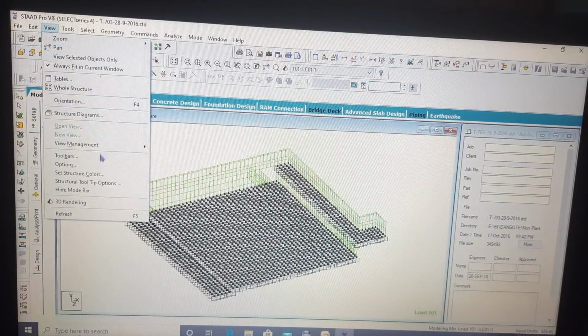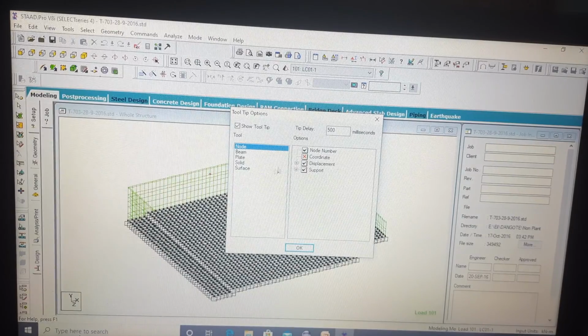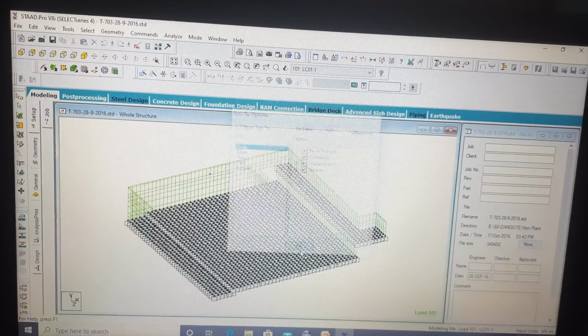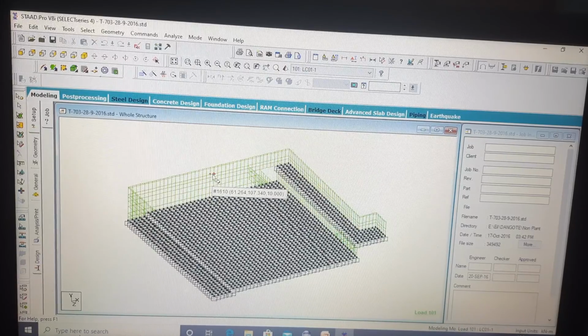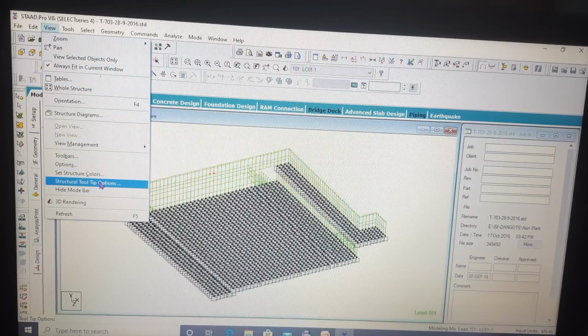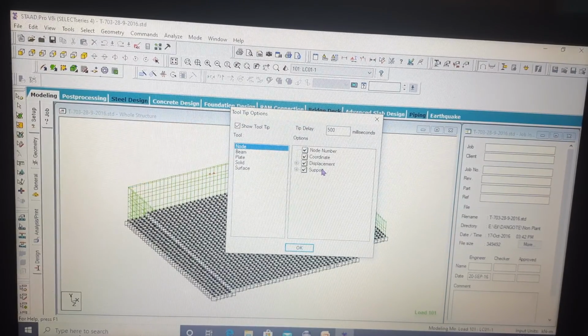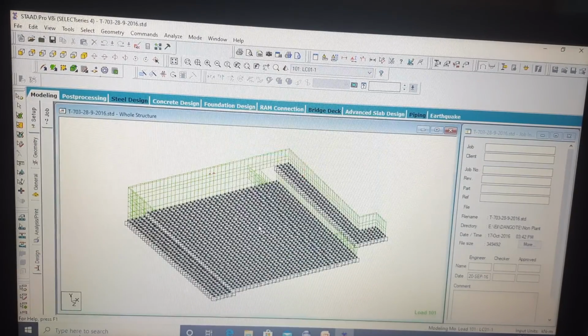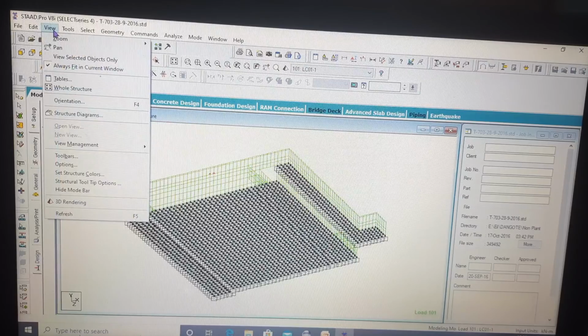If I go to view, structure tooltip option and allow the coordinate, then it will show the coordinate also. See friends, here as the structure is not analyzed, displacement and supports are not shown. In this node support is there, and displacement would happen, but as it is not analyzed, displacement was not showing. In case of beam also, you can choose what options you want to view when you move your cursor to the beam. So this is the functionality of your structure tooltip option.